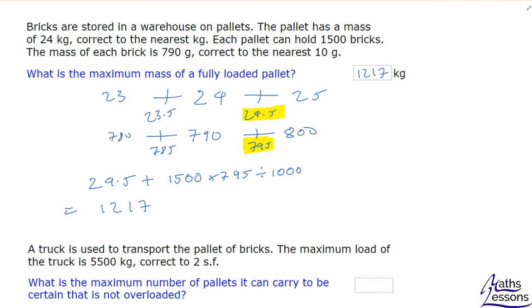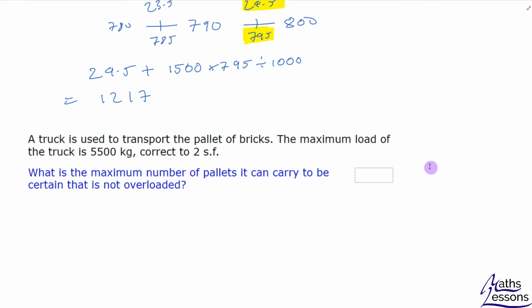Okay, so let's work that bit out. We've got 127 for our first bit, and we know that the maximum load is 5500 connected to 2SF, so 5500. Next number up to 2SF, 5600. Next one down is 5400. That gives me 5450, and that gives me